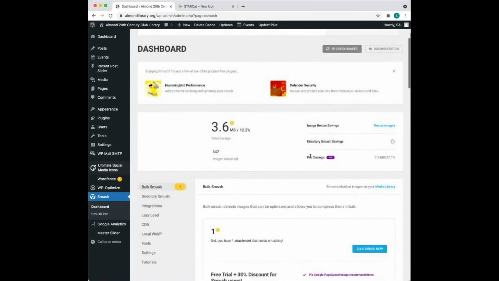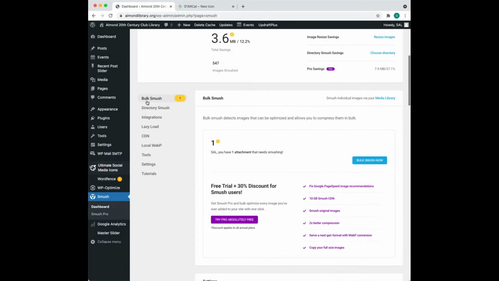And then here, as we scroll down, we see this bulk smush, and it has a little 1. That's letting us know that we have an attachment that needs to be smushed. What it does is compress the image and larger files that we have on our website so that they load more smoothly when users come to our site. So periodically, I would recommend that you come over to Smush, check to see what's waiting for you under bulk smush, and then we can just click